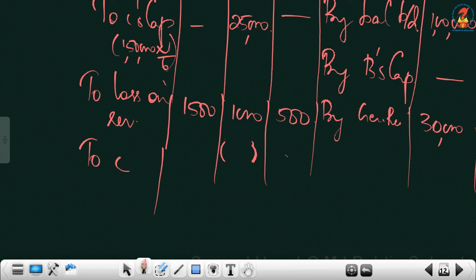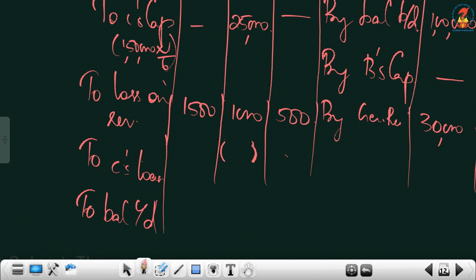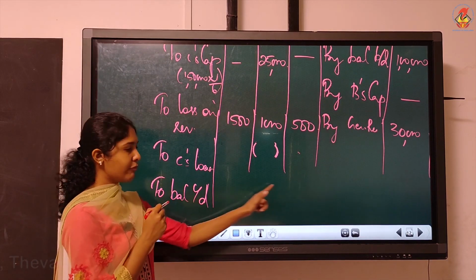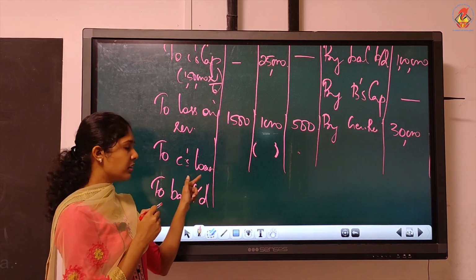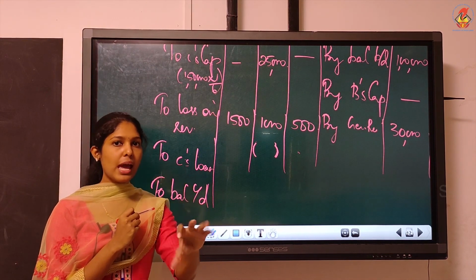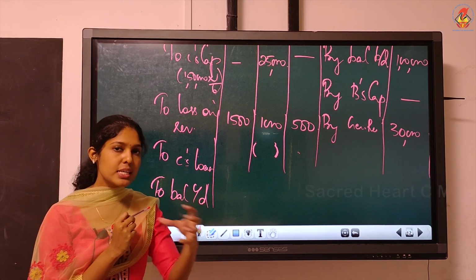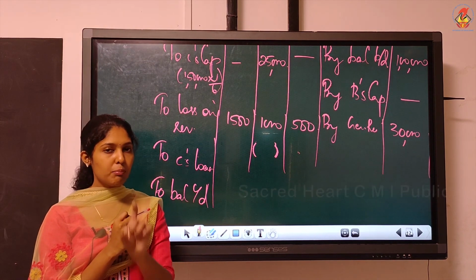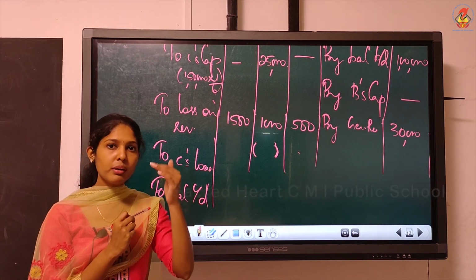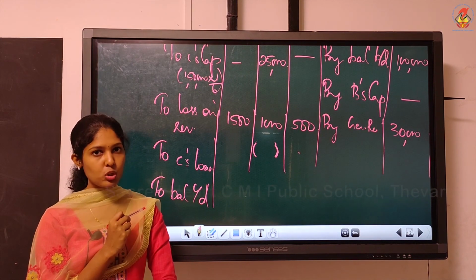So this column, you have to write the amount, and this must be transferred to C's loan account. This must be written as to C's loan account. Okay. Other 2 partners you can write as to balance carry down. Why it is not written to balance carry down for partner C? Because partner C is moving now. He is the retiring partner, is not there in the firm. When you do the new balance sheet, can we write C's capital in the new balance sheet? No, because C is no more a partner. You can write only A's and B's capital in the new balance sheet.